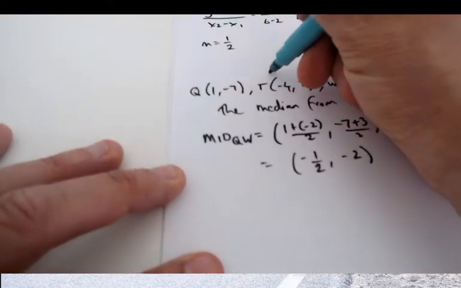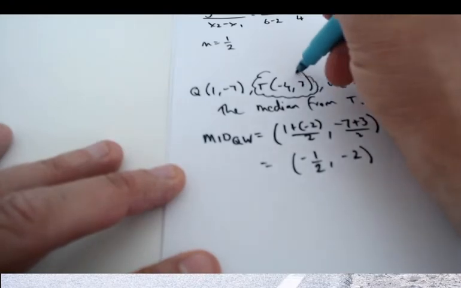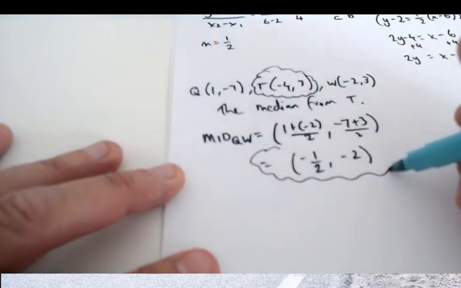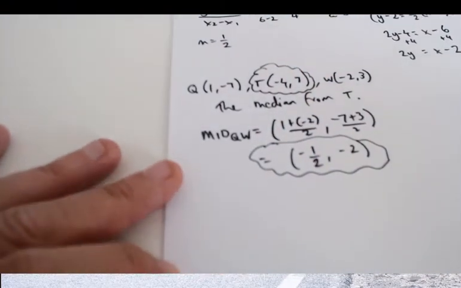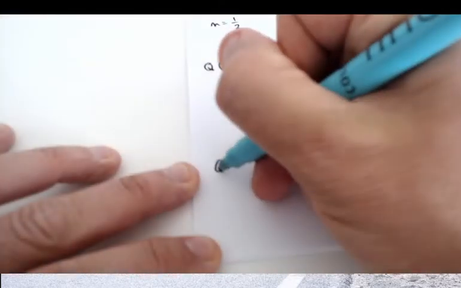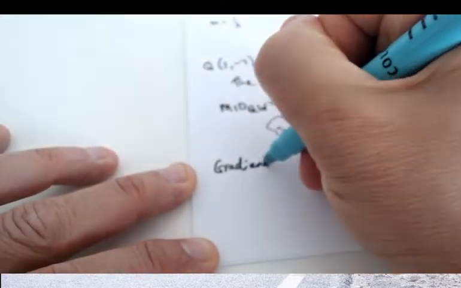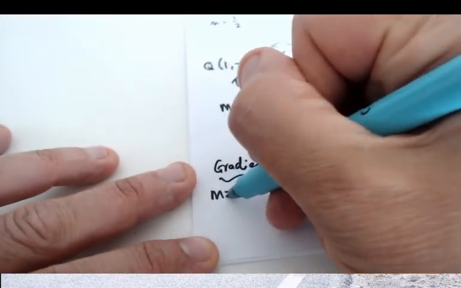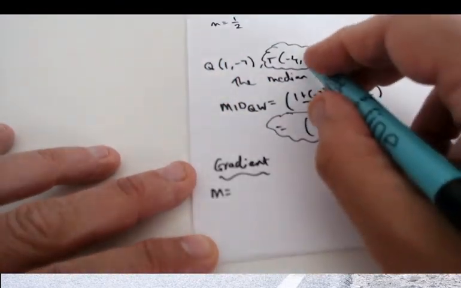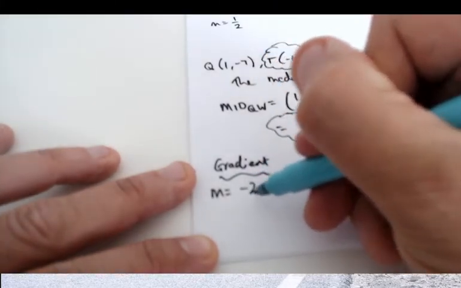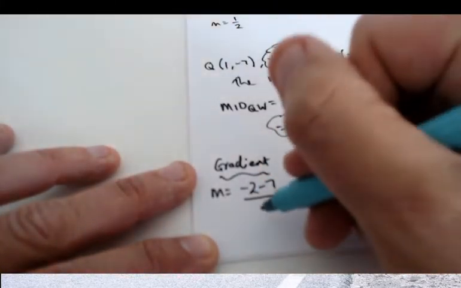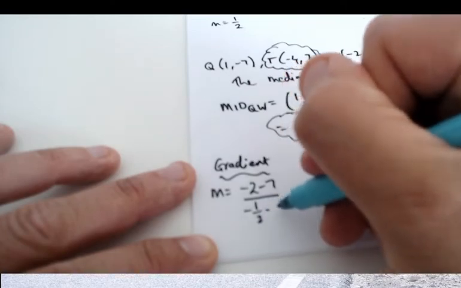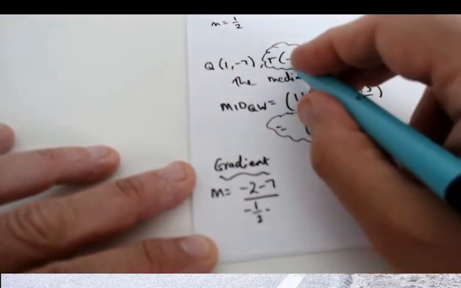I have point T, which is where the median is coming from. And I have my midpoint. So I want the gradient of that line there. So for my gradient, I'm going to go m equals minus 2 take away 7, minus a half take away 4, minus a half take away negative 4,